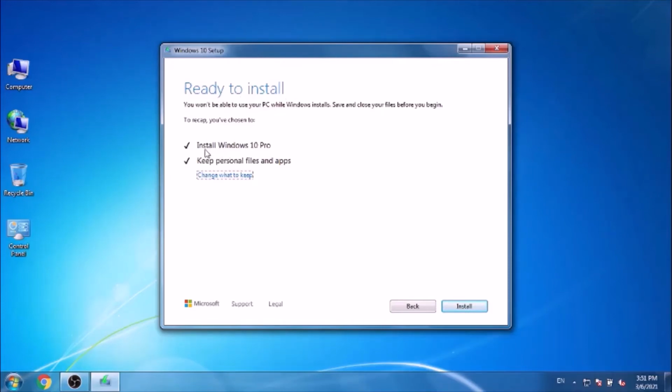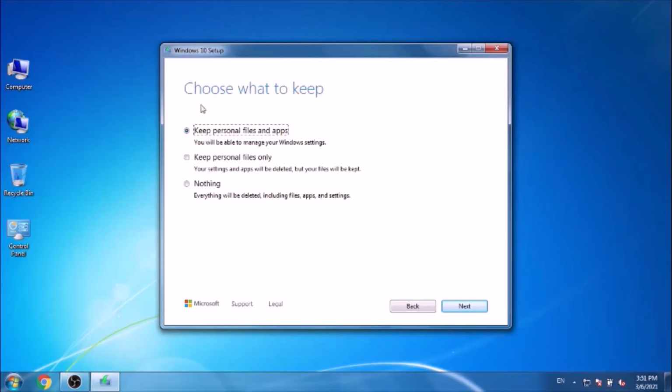Ready to install. So, install Windows 10 Pro. There are many options. See, keep personal files and apps. This option will keep your files and applications, whatever is there. The second option keeps your personal files only, and there is no software or applications.